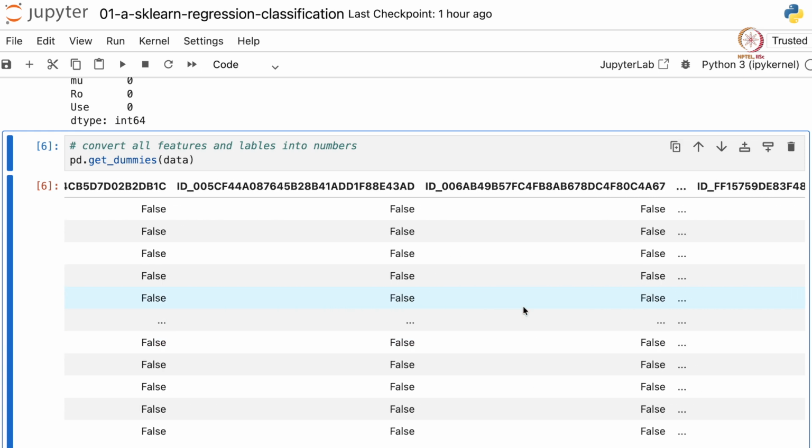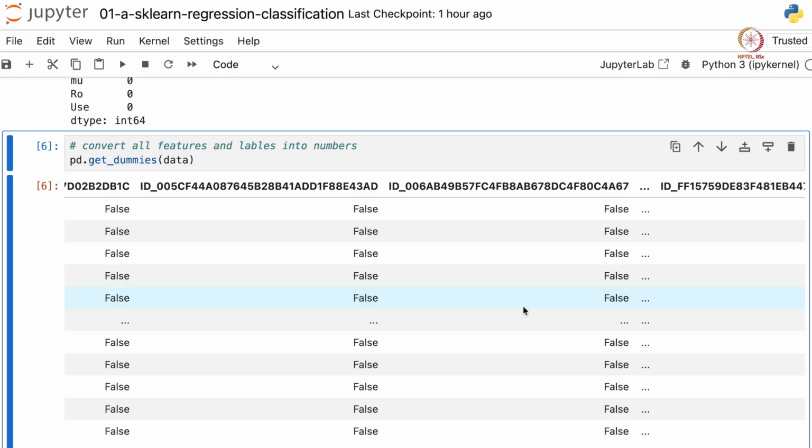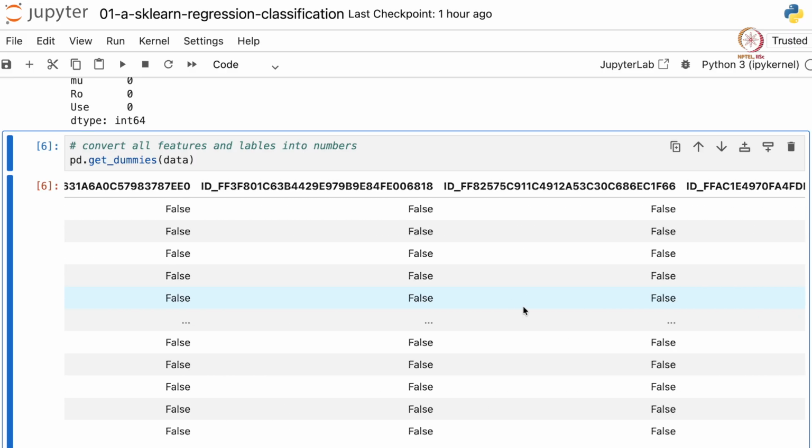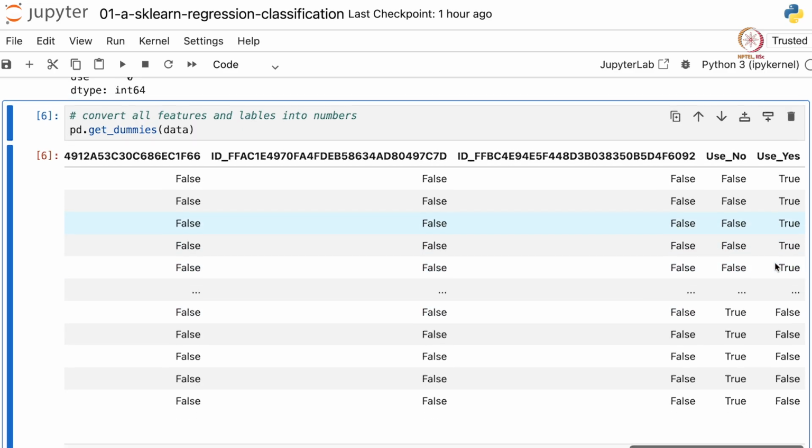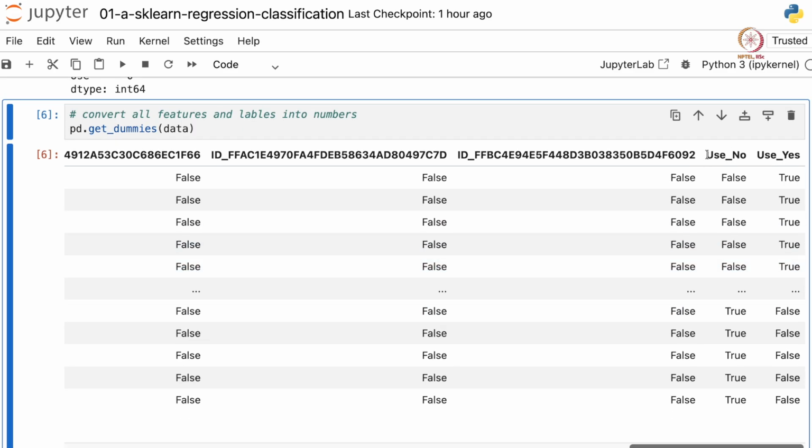Clearly the ID is not very important here in classifying them as can be used as chassis or not, but the final columns, if we scroll all the way to the right, we see there are two columns, use no and use yes. So every material is either used as a chassis or not used as a chassis.